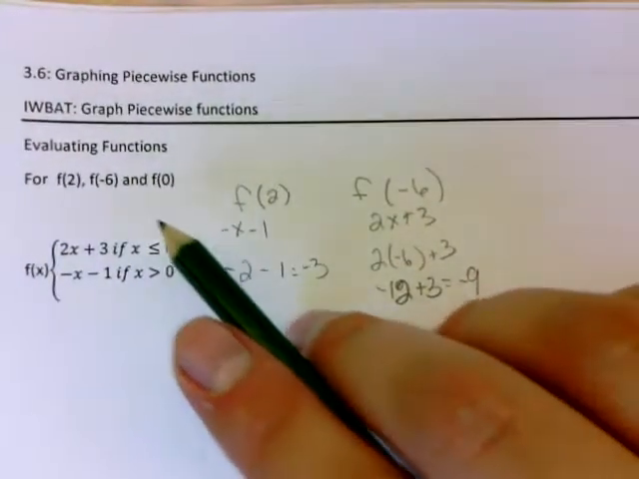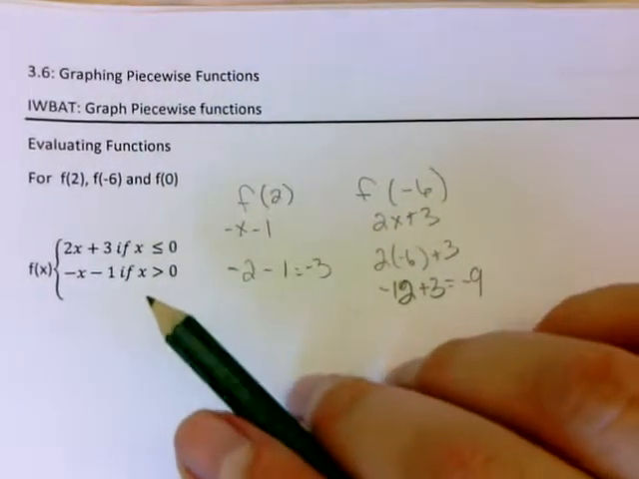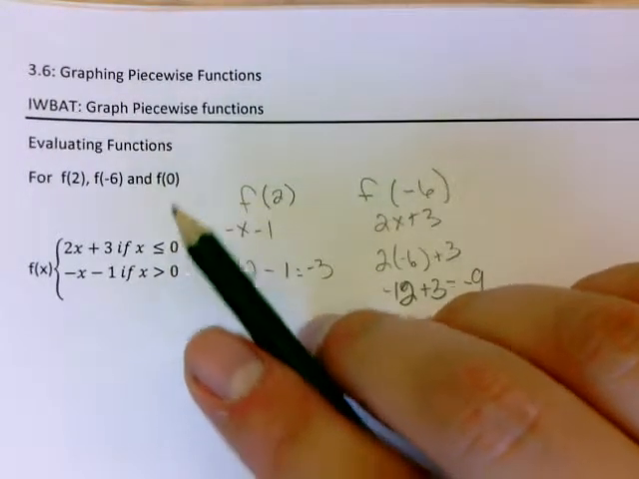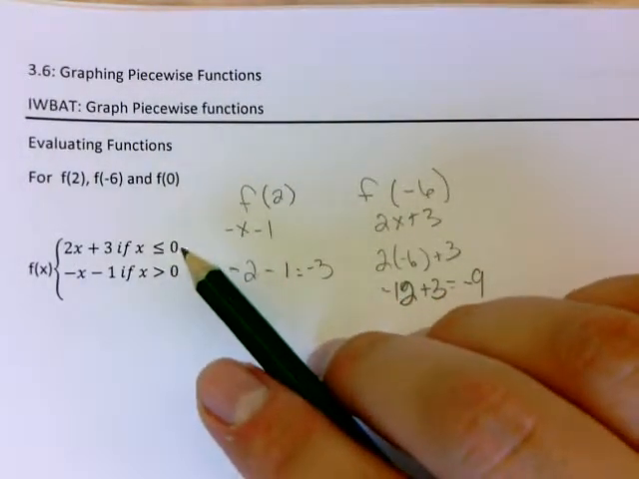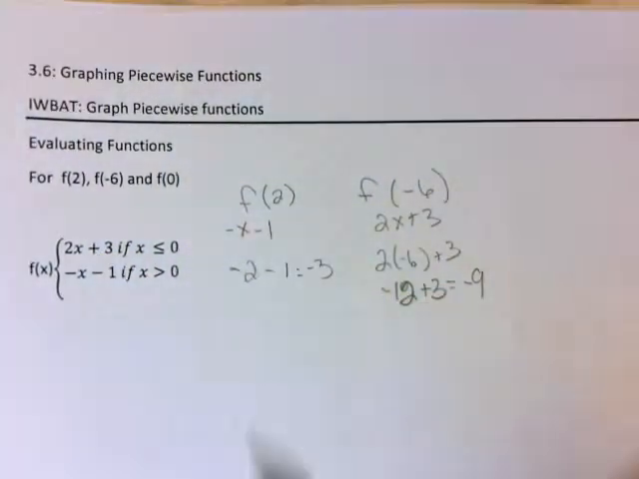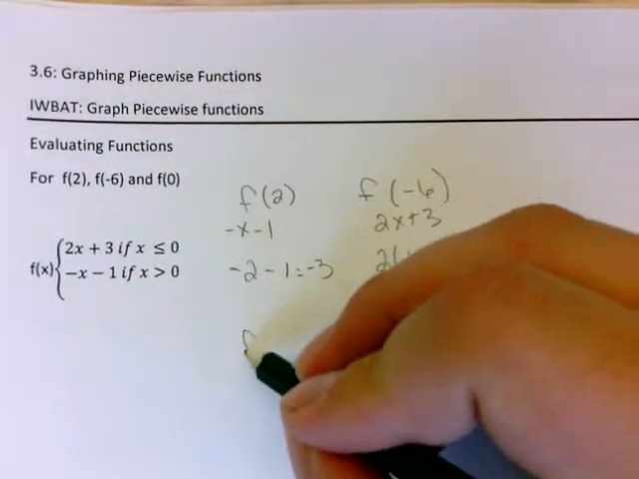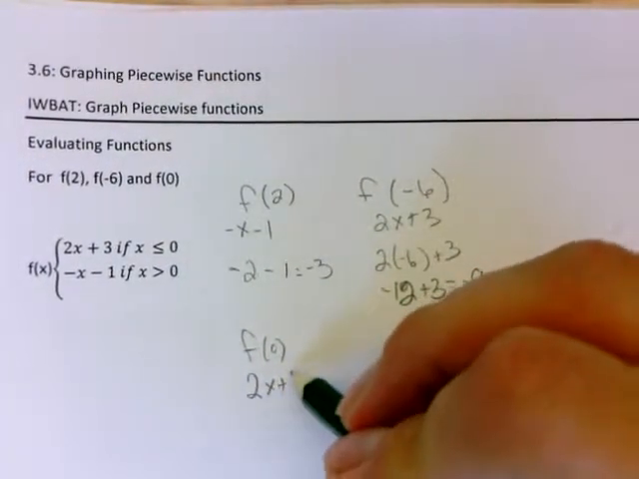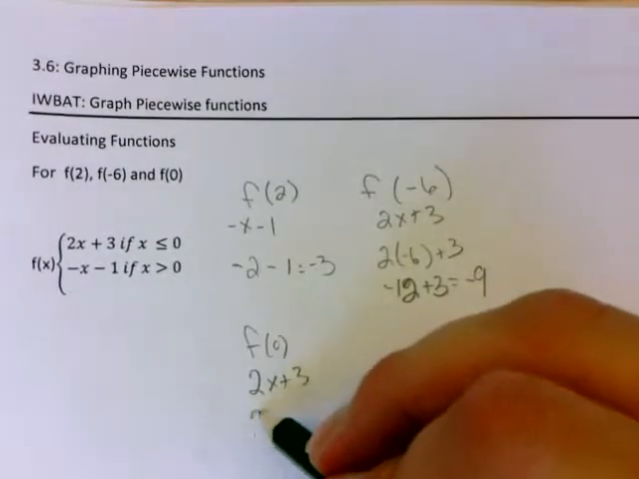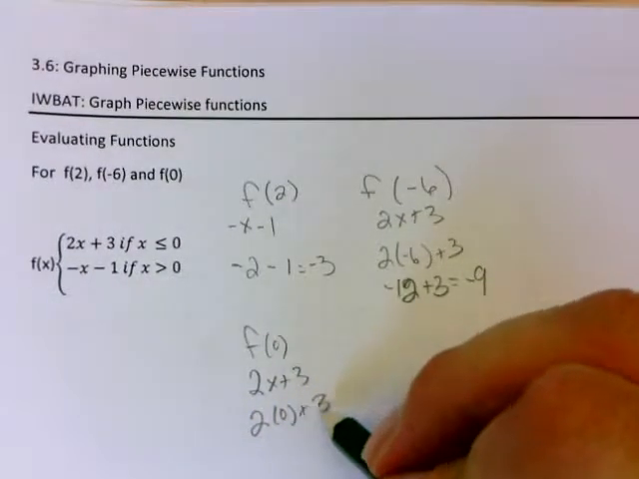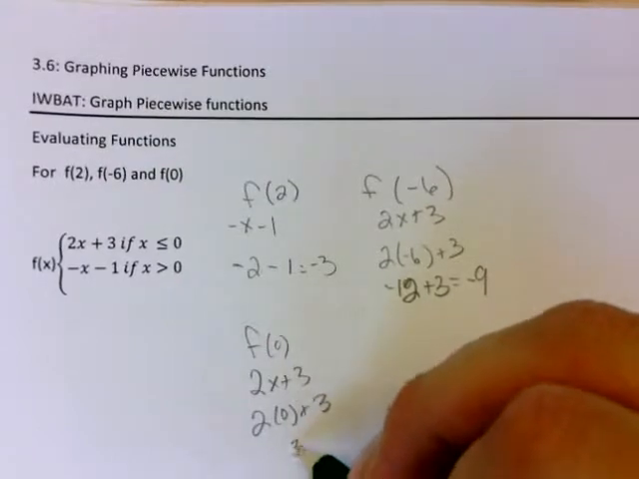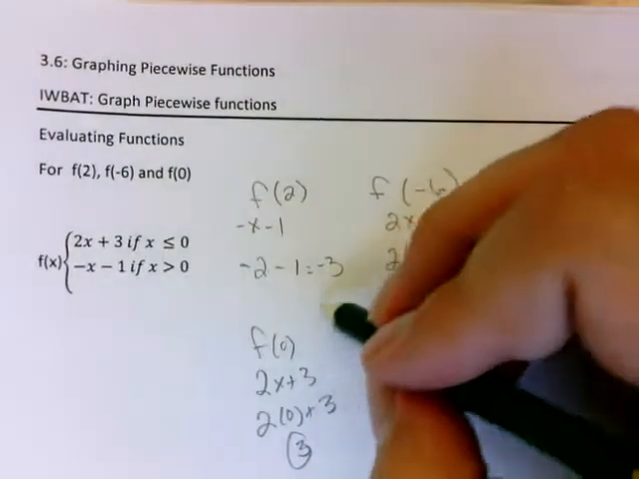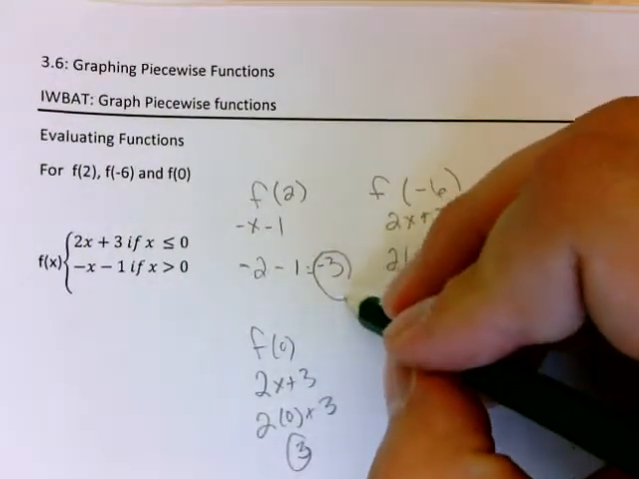Now let's do f of 0. Is 0 greater than 0 or less than or equal to 0? Well, 0 is less than or equal to 0, so once again we have to use this one right here. So f of 0 uses 2x plus 3. Replace x with 0, so it becomes 2 times 0 plus 3. 2 times 0 is 0, the answer is 3. That's how you find f of some number using